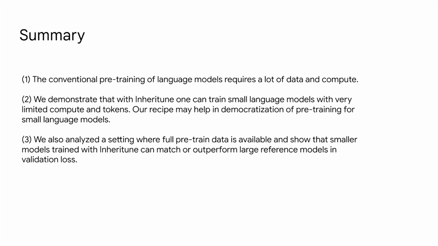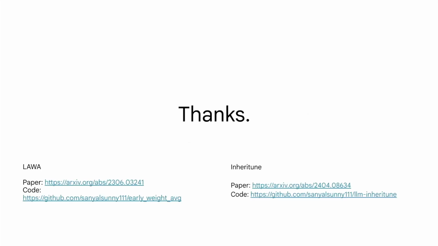As you see, a GPT-2 large model has 36 layers, and we have the same val loss with a smaller model with 18 layers. So now we can safely assume that 18 layers can be a sufficient depth to achieve a particular val loss. So Inheritune helps in both settings, the low data regime and the full data regime.